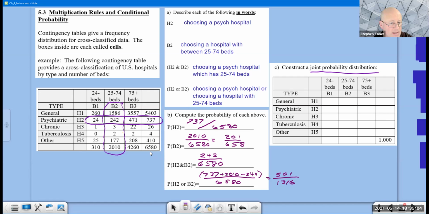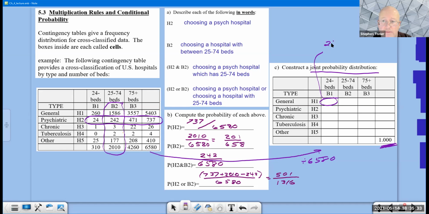Now, notice that in the bottom right corner, we have this 1 standing for 100%. If I were to take every value in that table at the left and divide it by the number 6,580 in the bottom right corner, that would give you the 1 in that corner. If I want to know what number is in that top left cell, basically that would be the 260 that